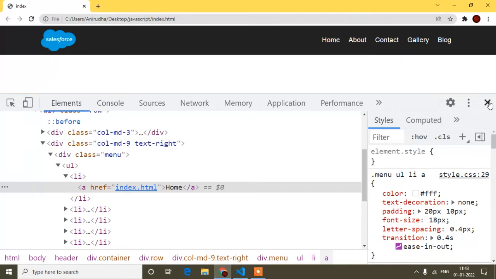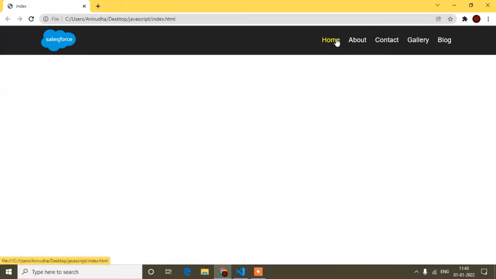Okay, so the menu is done. This way you can add the drop down if you want, so you can write in the comment section or in my Insta ID. So I will try to add the drop down menu also. Okay, so now guys, this one is done for the desktop view.